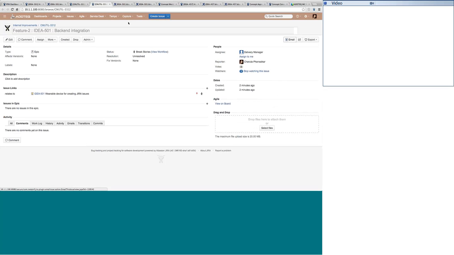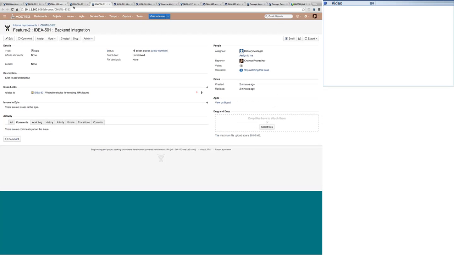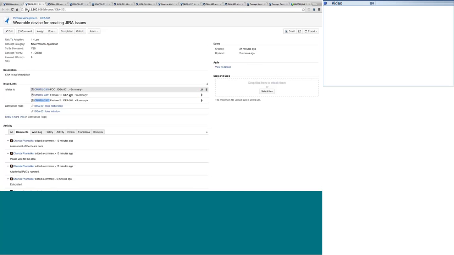If we simply go in, you can see that feature 1 is talking about the device GUI and feature 2 is the backend. Now just imagine a portfolio manager or maybe the idea submitter who has submitted this idea; at any point of time he or she wants to know what is exactly happening with the idea. He can just jump to one Jira ticket and he can see that okay, these are the epics which are created. So the construction of the idea is going on, so it's loaded for construction.